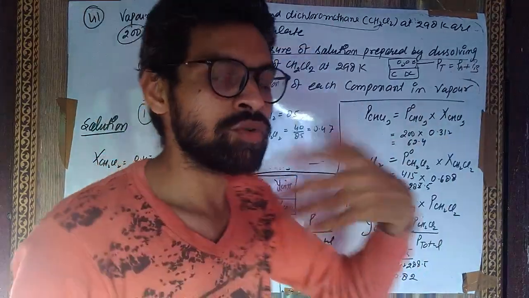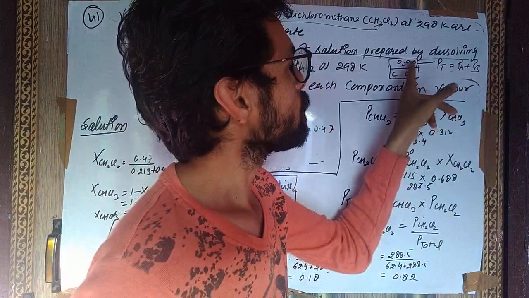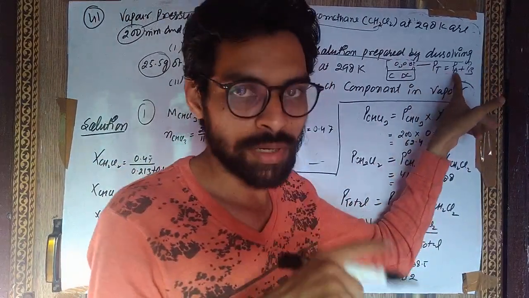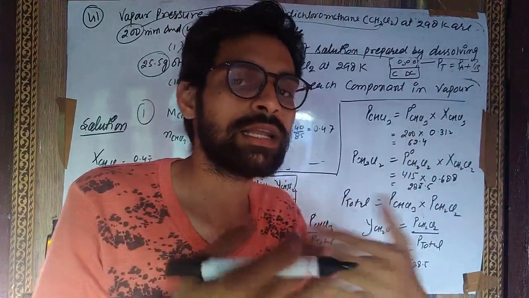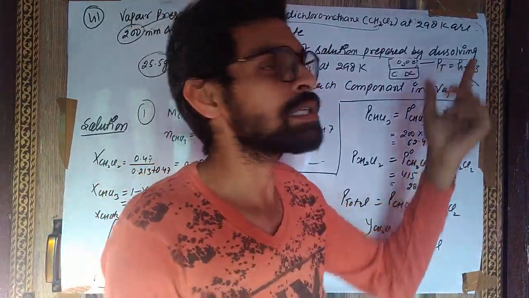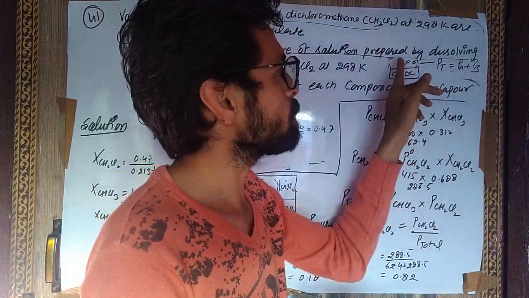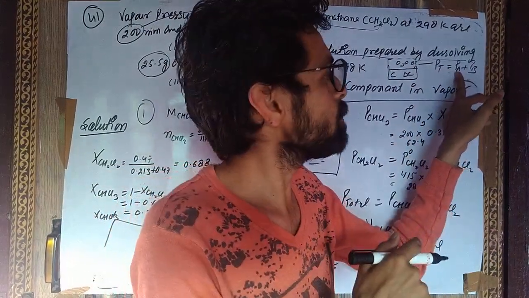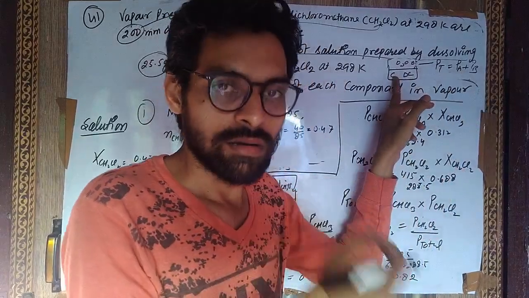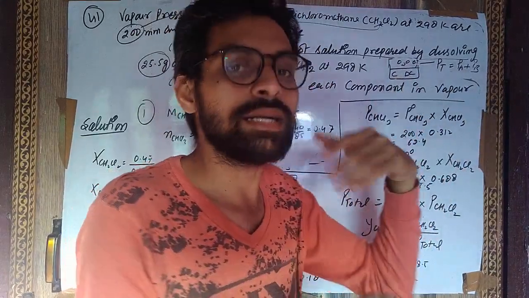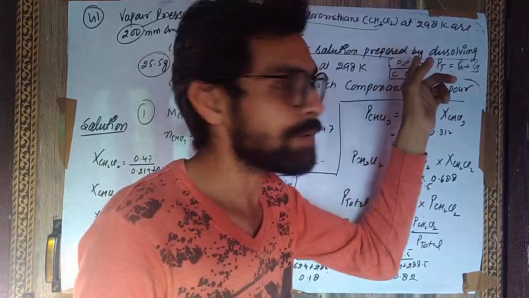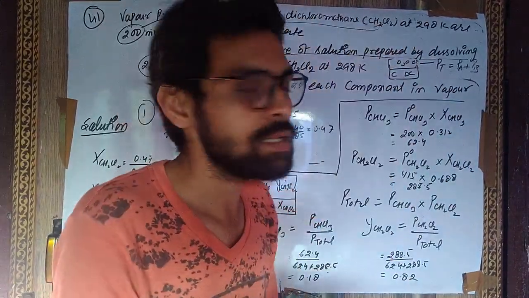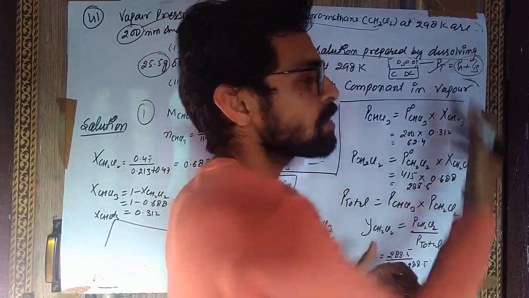Okay, I told you in the Raoult's law, vapor pressure will be equal to the vapor pressure of component A and B. Already you have studied in class 11 Dalton's law of partial pressure. Total pressure is equal to the partial pressure of each component. So if we come to know what is the vapor pressure of component A, that is chloroform in vapor phase, and what will be the vapor pressure of component B, that is dichloromethane, then we will add these two and we'll come to know the total pressure.